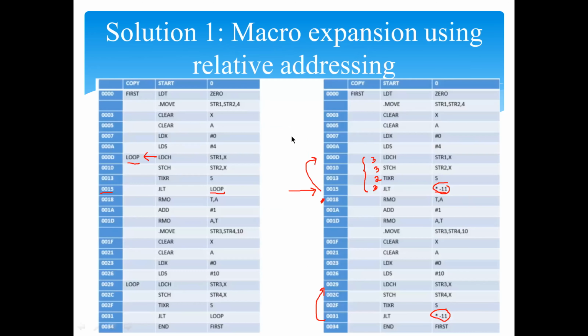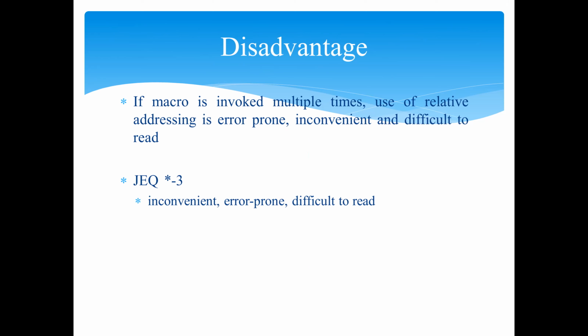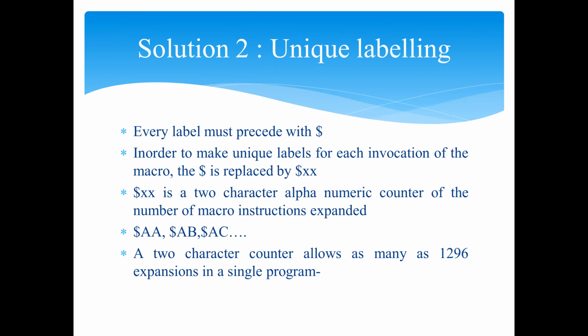So first of all, why are we learning this solution? Because you have ambiguity in the loop. When you are generating the symbol table, you have ambiguity in the variables. So one solution they have suggested is with the help of relative addressing. Now, next we'll look at a better solution, which is the next macro independent feature, unique labeling. So this is our second independent feature.